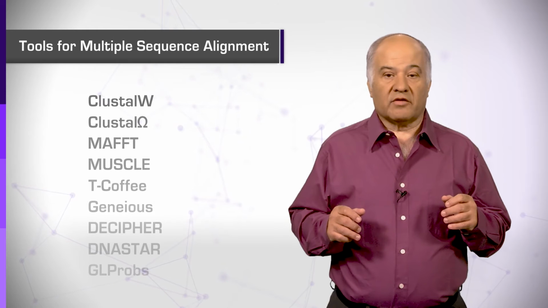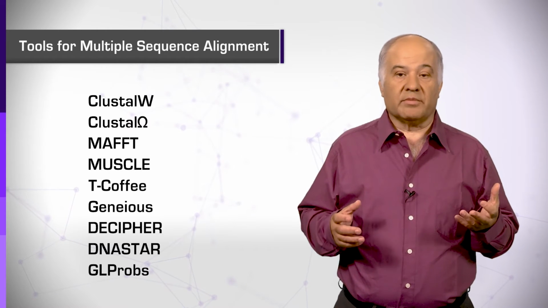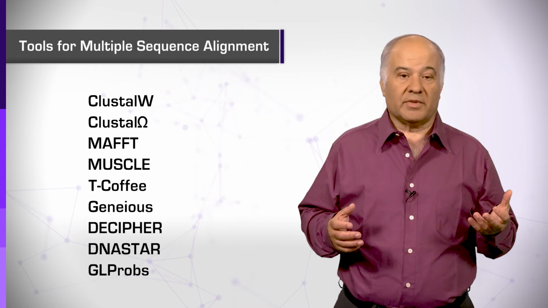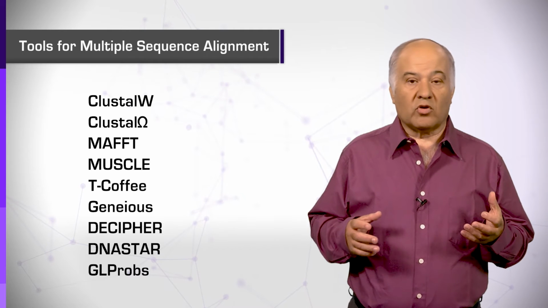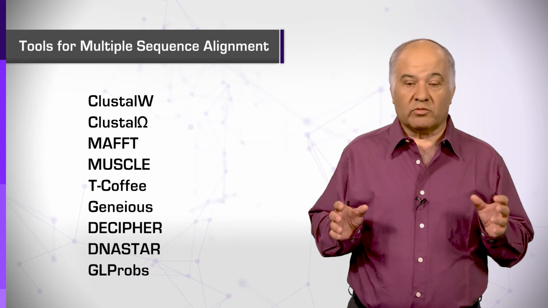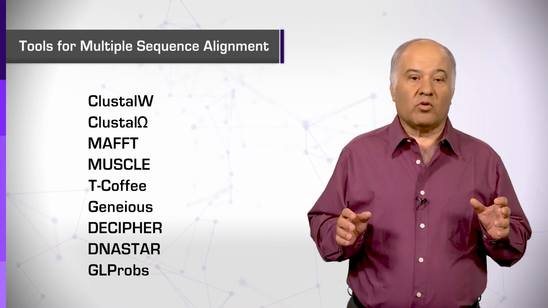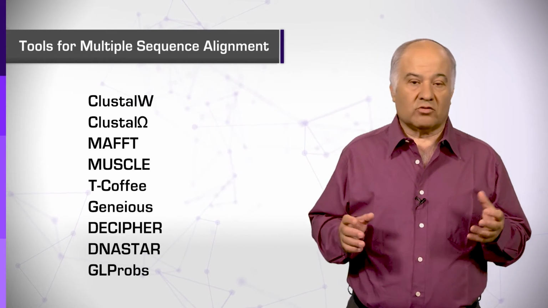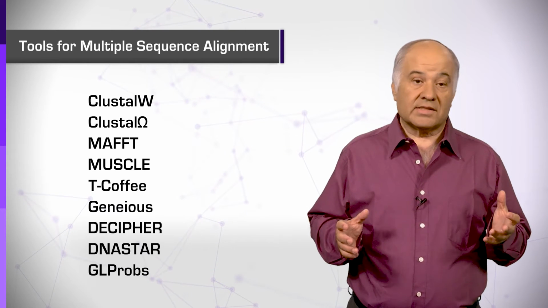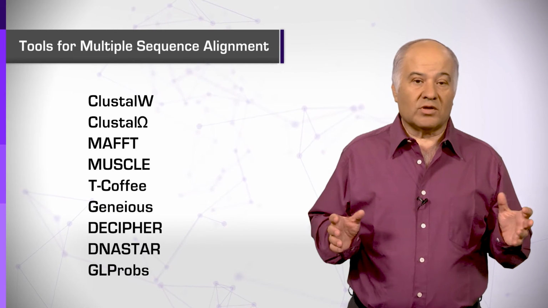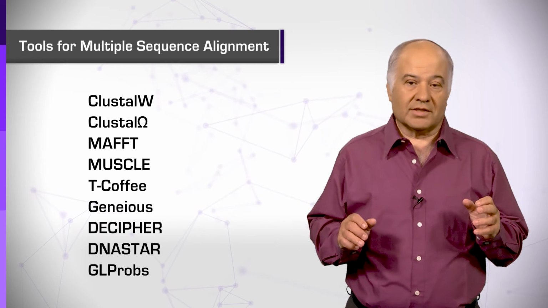Several methods are available to perform MSA, though unfortunately none of them can be guaranteed to find the optimal alignment. For the pairwise alignment problem, the dynamic programming approach could guarantee an optimal solution given a set of weights. However, the MSA problem belongs to a much harder set of problems for which no efficient algorithm exists. Thus, all the different algorithms can only suggest heuristics, methods that work pretty well for most cases.